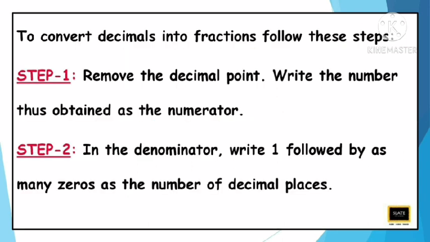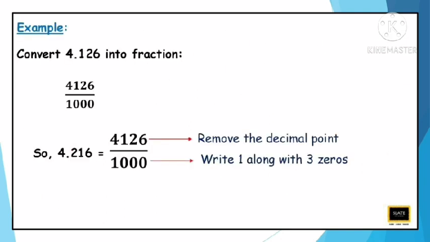Step 1. First, remove the decimal point. Write the number which is obtained after removing the decimal point as the numerator. Now, step 2. In the denominator, write 1 followed by as many zeros as the number of decimal places. Now let us see an example. Convert